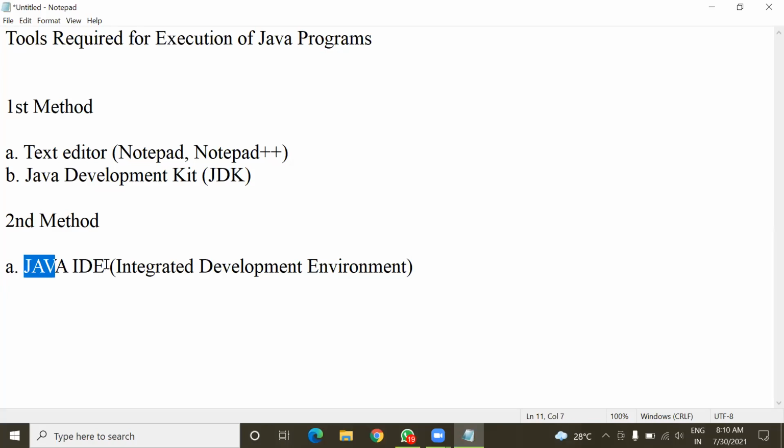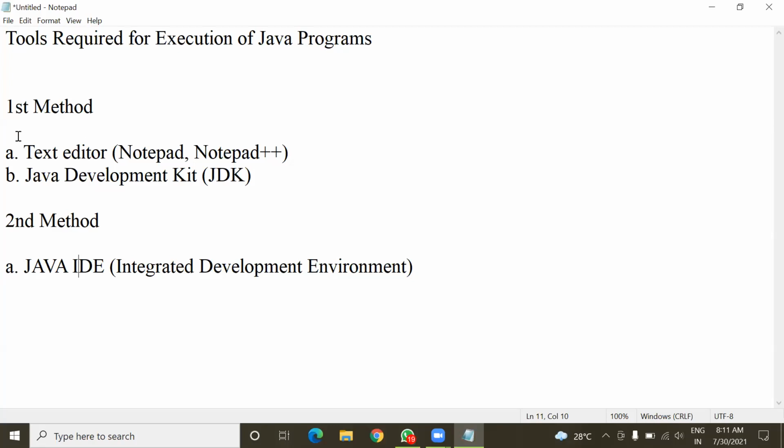Actually, it is not the name of an application. It is actually a category, you can say. In this same application, you can type your Java program, compile it, and execute it. All these three things you can do in the same application.